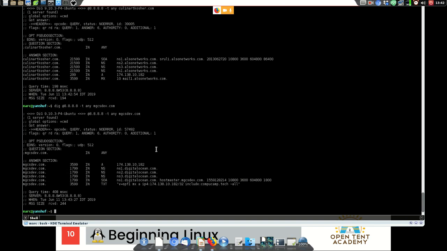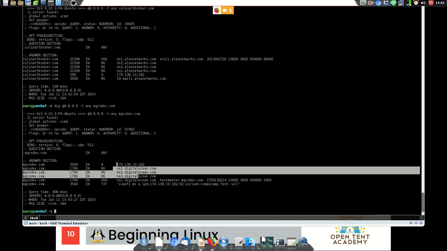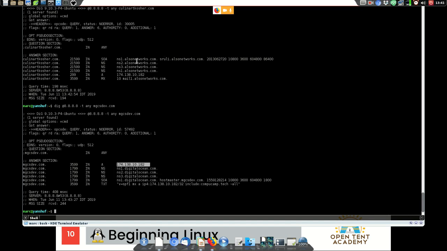mgcsdev.com. Okay, so again, we have the start of authority. DigitalOcean is handling mgcsdev.com. The name servers, the address is this 10.182, which seems to be my address for everything, which makes sense. Start of authority, and then I have this text record, which is called an SPF record.